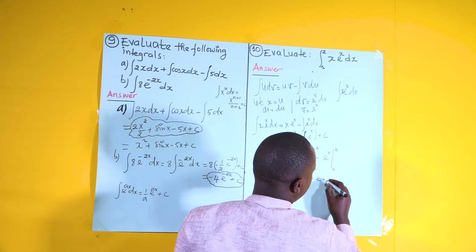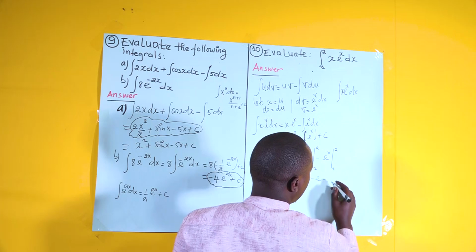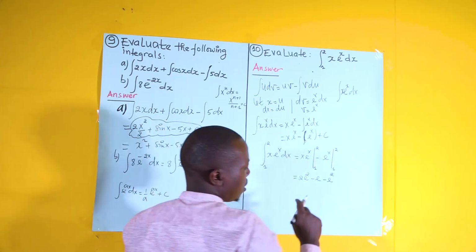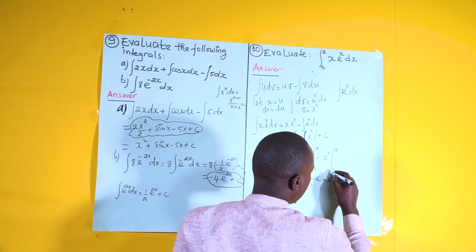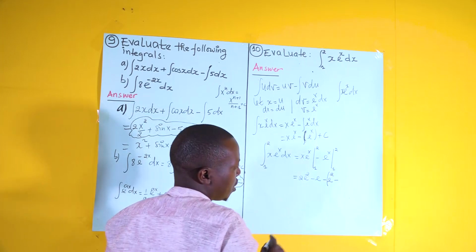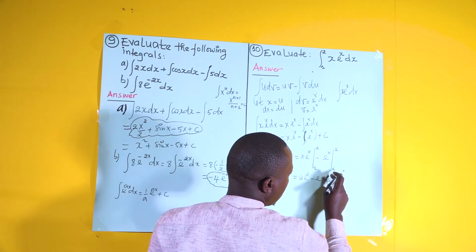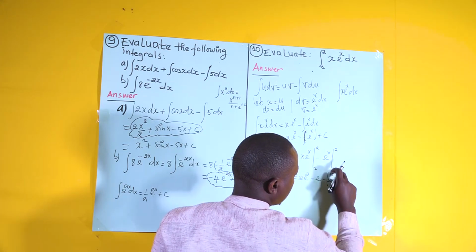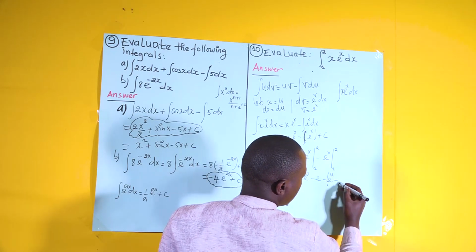Now, minus this one. Let's substitute 2 here. It's going to be power 2, isn't it? Minus is the one that's in the formula, okay? This is the minus that we have here, and this is the value when you substitute 2 in terms of x. Let us also substitute 1 here. Power 1 gives us